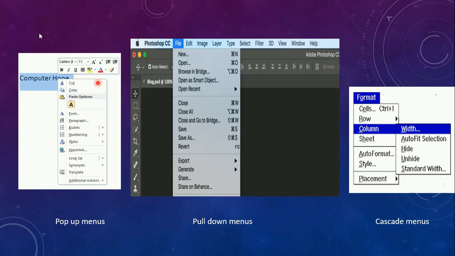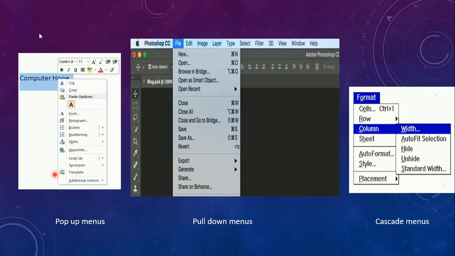See here. Whenever you use the screen of Windows, you may find pop-up menus coming out from the screen. So that is called pop-up menus. This is an example you have here. This kind of menu will be shown in this manner. It's called pop-up menus. And then you have menu bars.